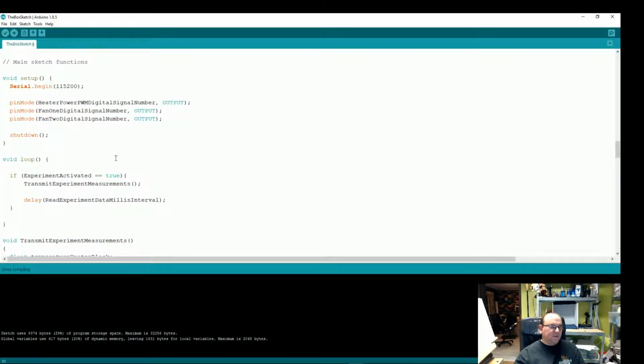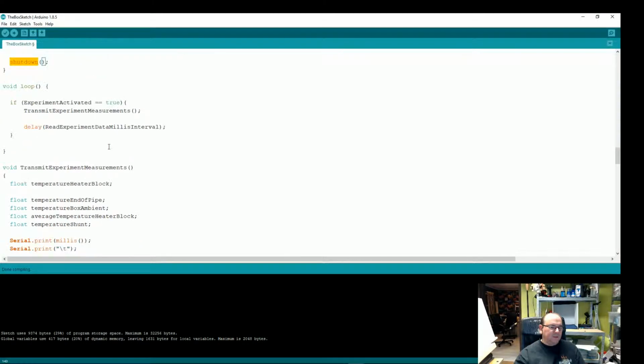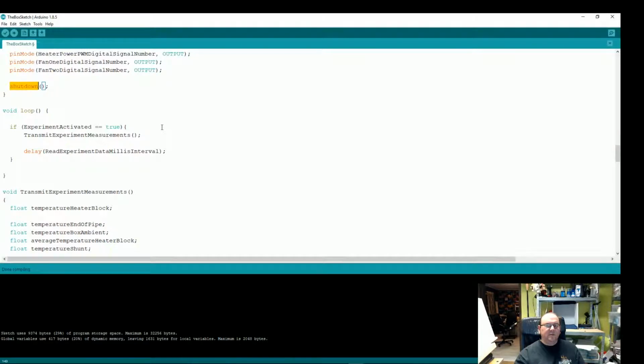So we have the setup function that basically just sets the pin modes for the ports used, or the pins used, and then it issues the shutdown command. And in the shutdown command, it just restores everything to the basics. Then we have the loop here, and now this is actually triggered by, so that when you say execute, then